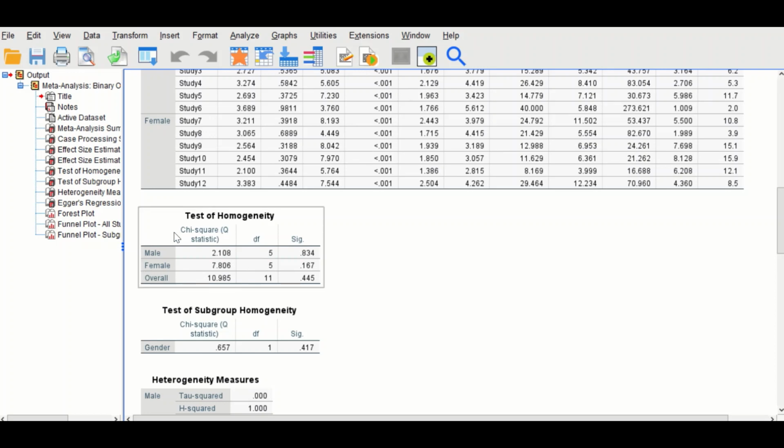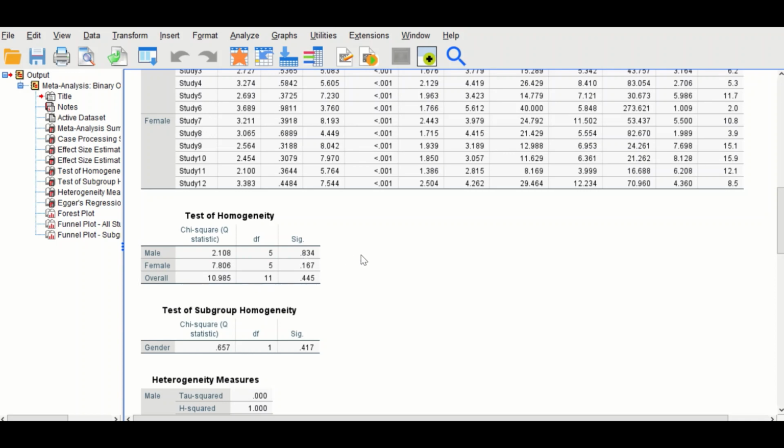shows the test of homogeneity is based on the chi-square Q statistics, and a value is generated for the male and for the female group, and the significance value is given here. And as shown here, the p-value is greater than 0.05. So for a low level of heterogeneity, we need this to be higher than 0.05. So from this data, it is confirmed that there is